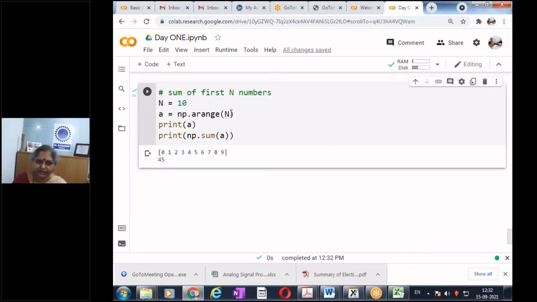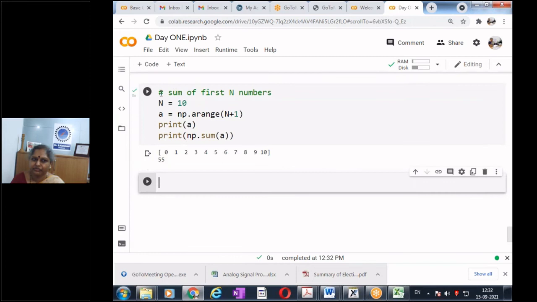So if I want to add up to 10 numbers, 10 into 11 by 2, so 11 fives is 55, this is what I get. So this is one way of doing it. I want you to do the same using a for loop.